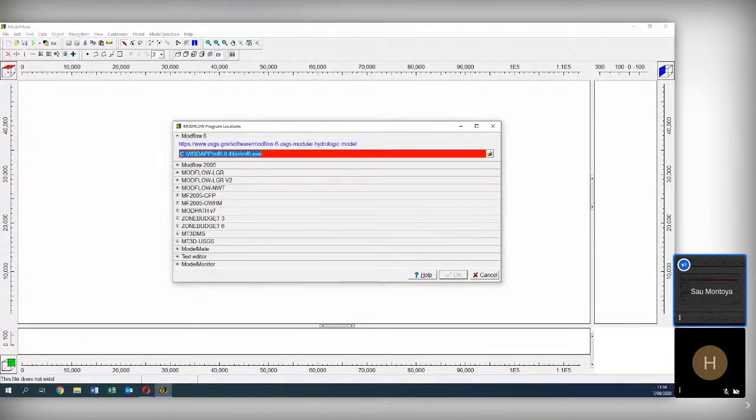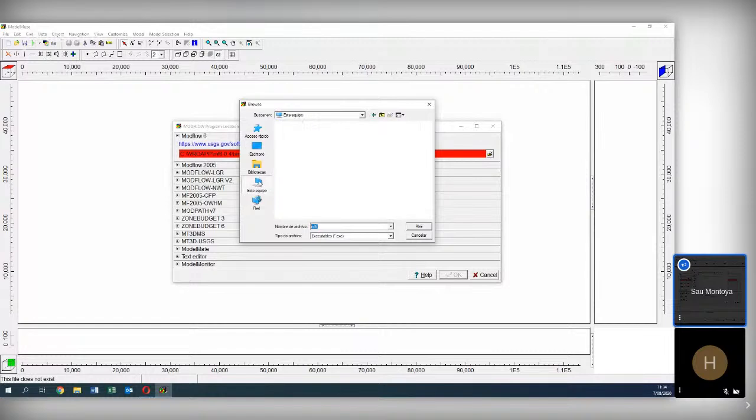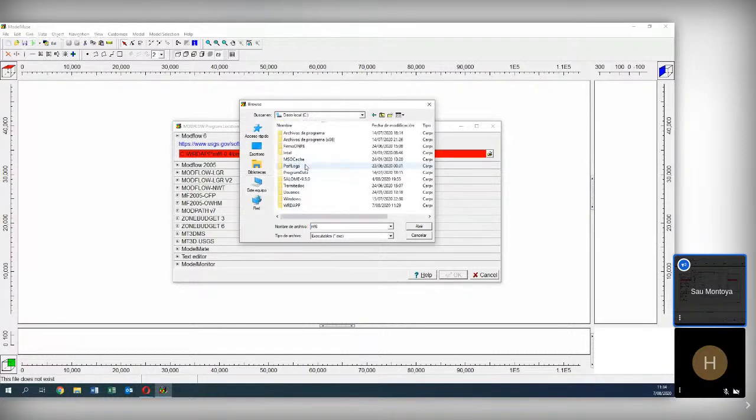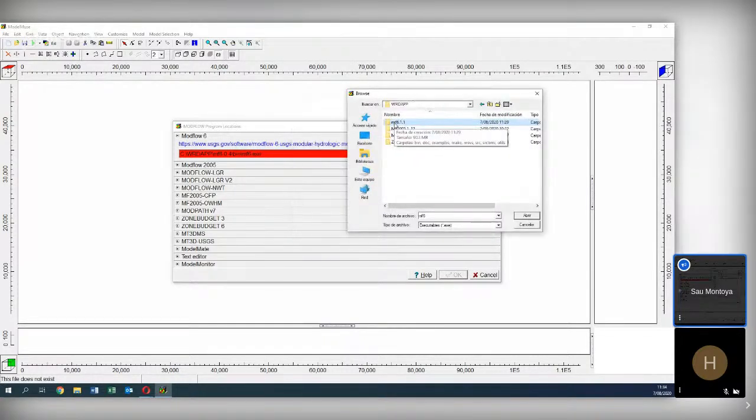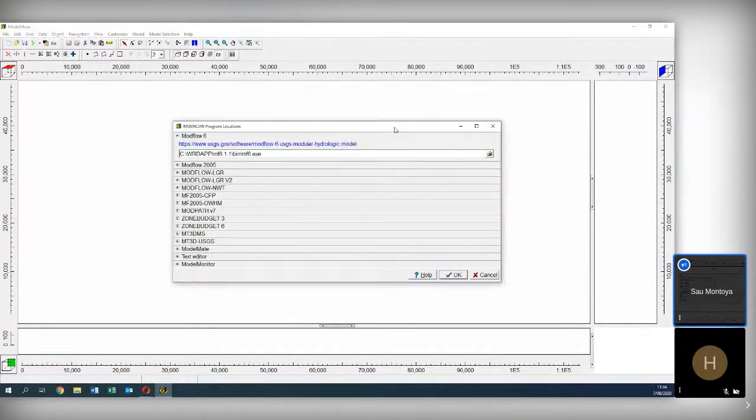Here it is in red, so I just go to my C drive, go to my WRD, go to my MF 6.1.1, my bin, and my MF6, and then it recognizes that this is an executable, and it became white.